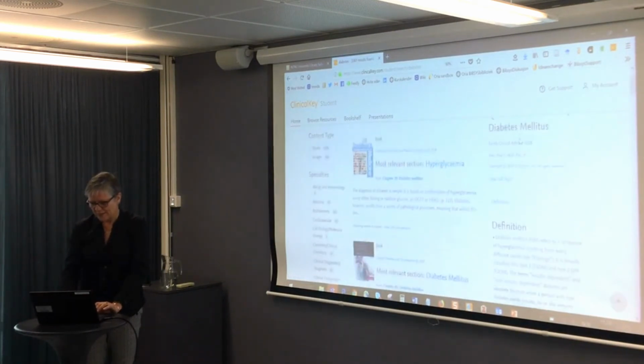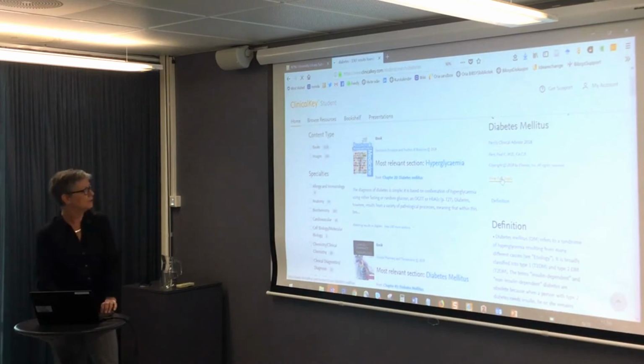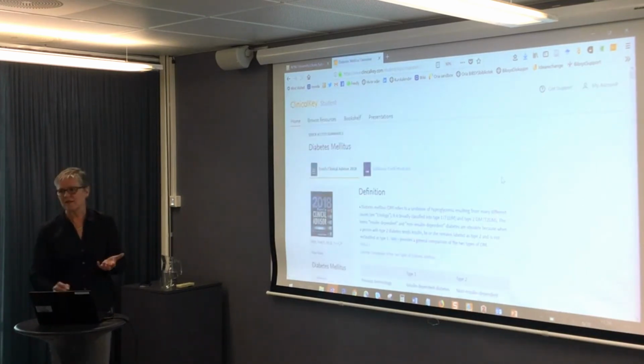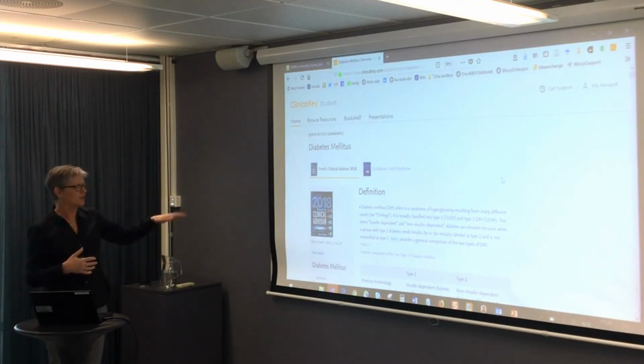So again, on the right-hand side, we've got the quick access summary, and we can either scroll down to read it, or we can view the full topic. The quick access summaries are ideal for early years students who are just getting into medicine or nursing or whatever, and it's basically just a synopsis of a disease,